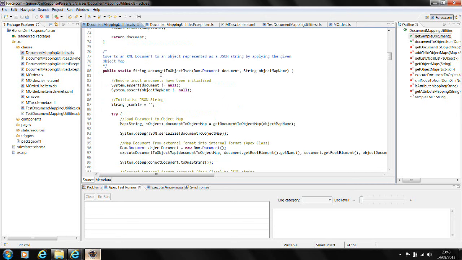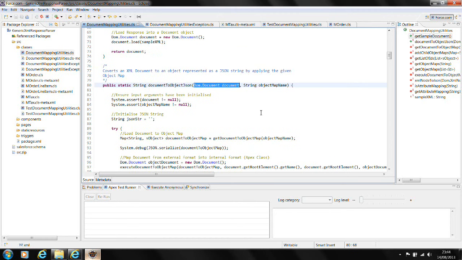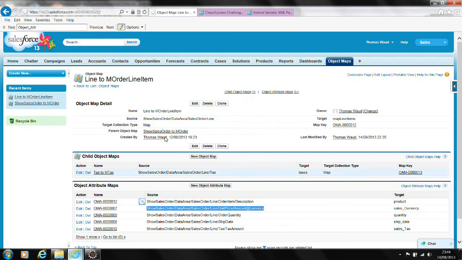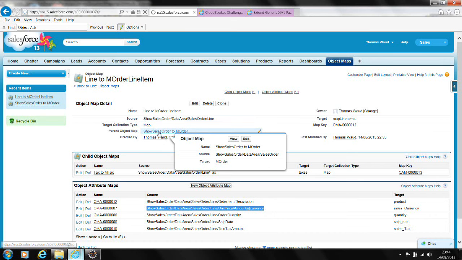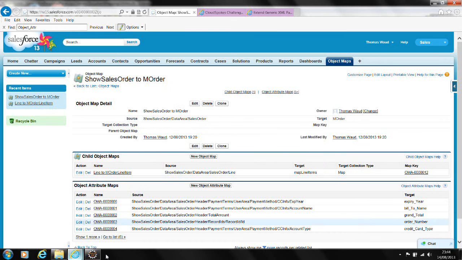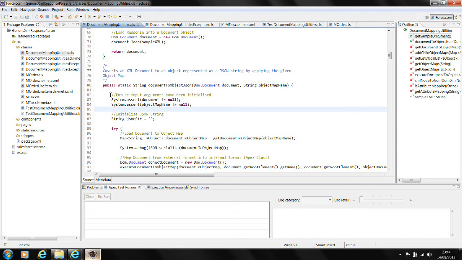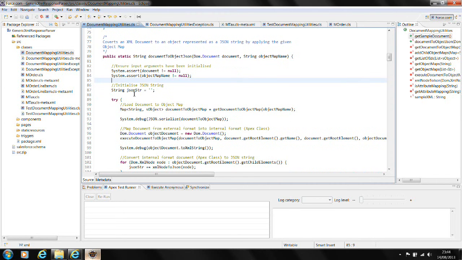The core method here is document to object JSON. What this does is it takes in a document, which is basically an XML structure. It takes in the name of the object map that you want to map onto. Obviously this should be the top level element within the object map. So in this case, let's go back to it, we're talking about this sales order to M order. Back to the code. So basically we do some checks, make sure that the arguments have been supplied, initialize the JSON string output,